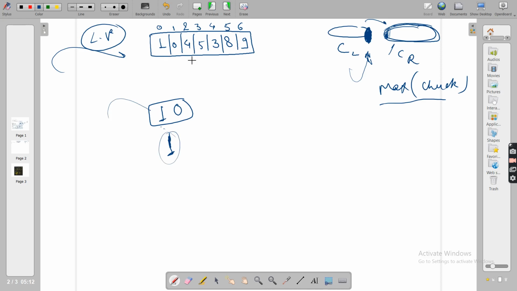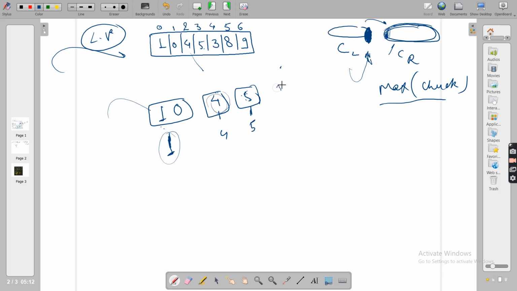See this. Now 4 came. Okay, no problem. I need the maximum value, 4 is the maximum. 5 came, and 5 is also okay. The previous chunk's maximum value, which is 4, is less than or equal to 5. Nothing to worry about, 5 is also correct. Now you put 3.